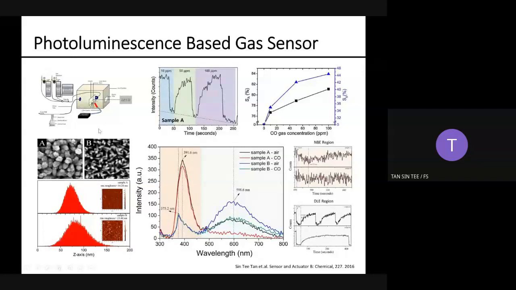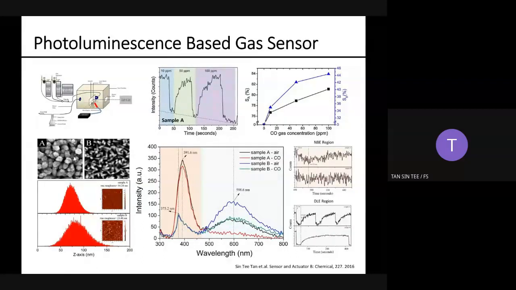The top images here show the detection chamber that we are using. The nanostructure that we are working with here is a zinc oxide nanorod. We synthesized it using two different approaches. One is microwave, and we compare it with the conventional hydrothermal method. We found that the microwave method gives a very fast reaction and is able to tune the surface defects only on the surface at this side, which is the 002 plane of the zinc oxide, without altering the crystallinity of the sample too much.